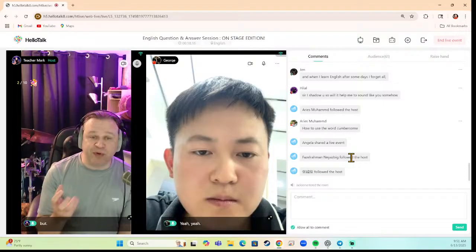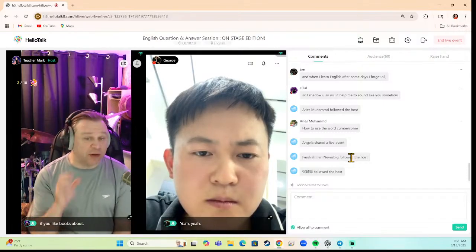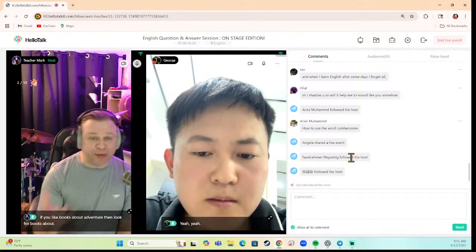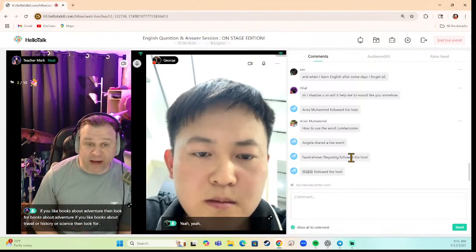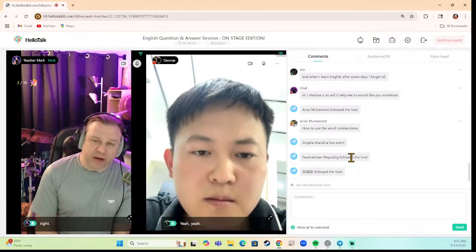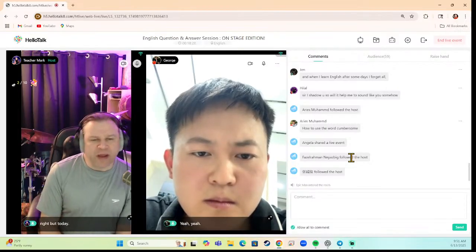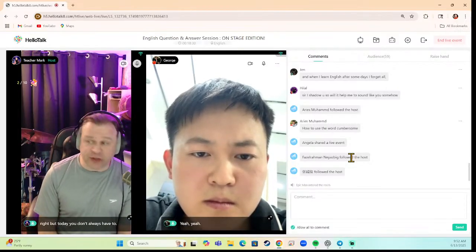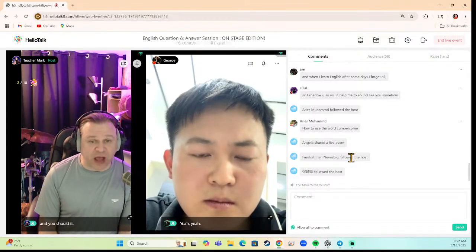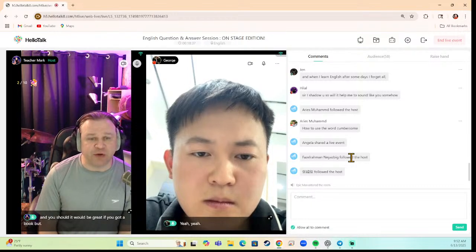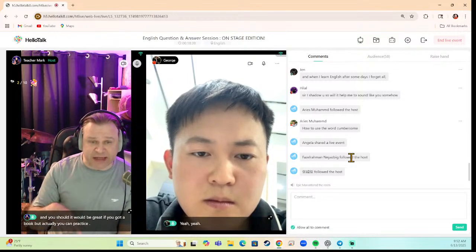If you like books about adventure, then look for books about adventure. If you like books about travel or history or science, then look for books about that, right? But today, you don't always have to find a book. You can, and you should. It would be great if you got a book, but actually, you can practice reading very easily today